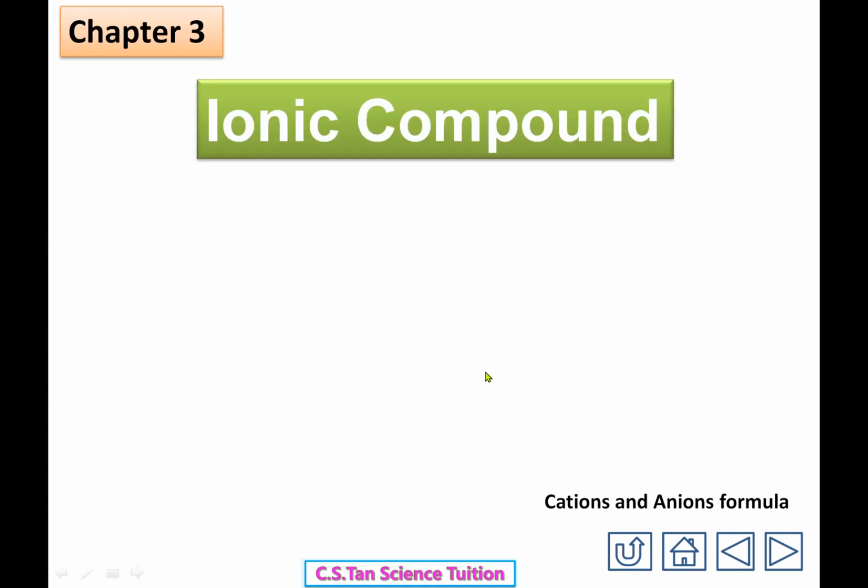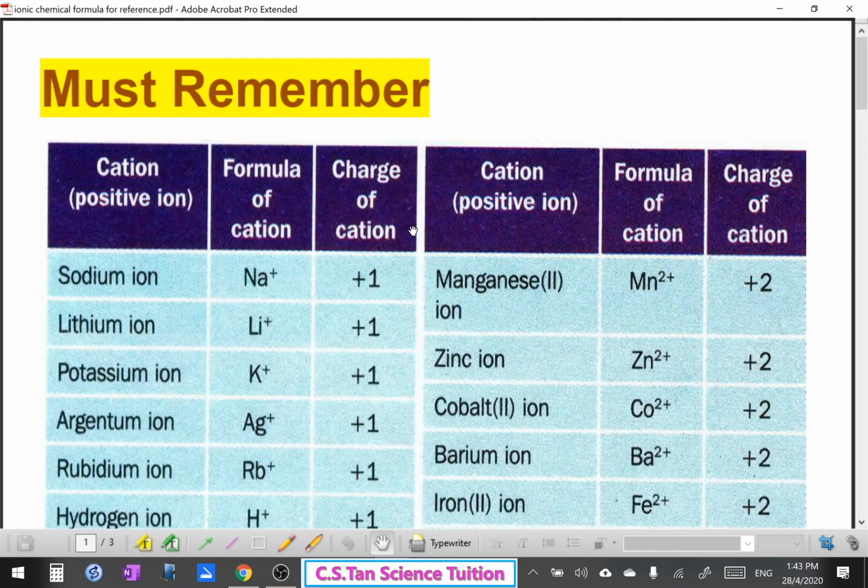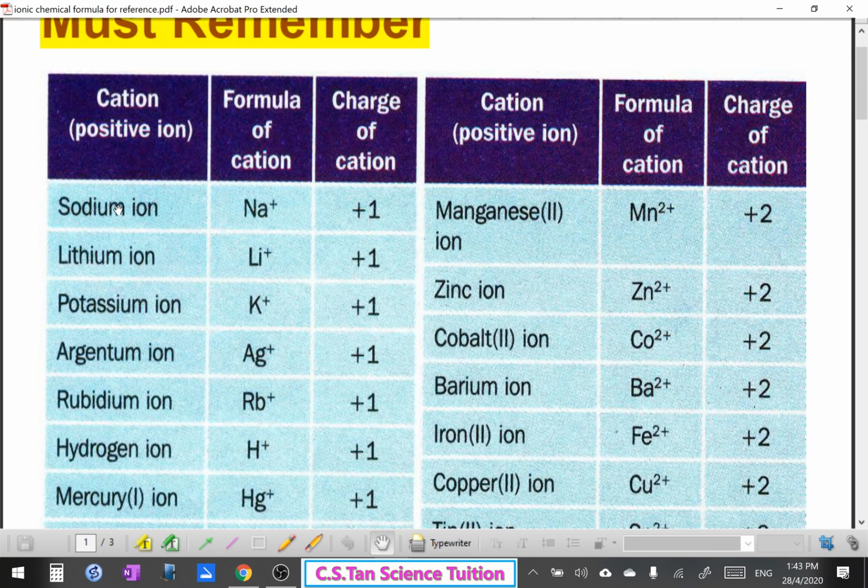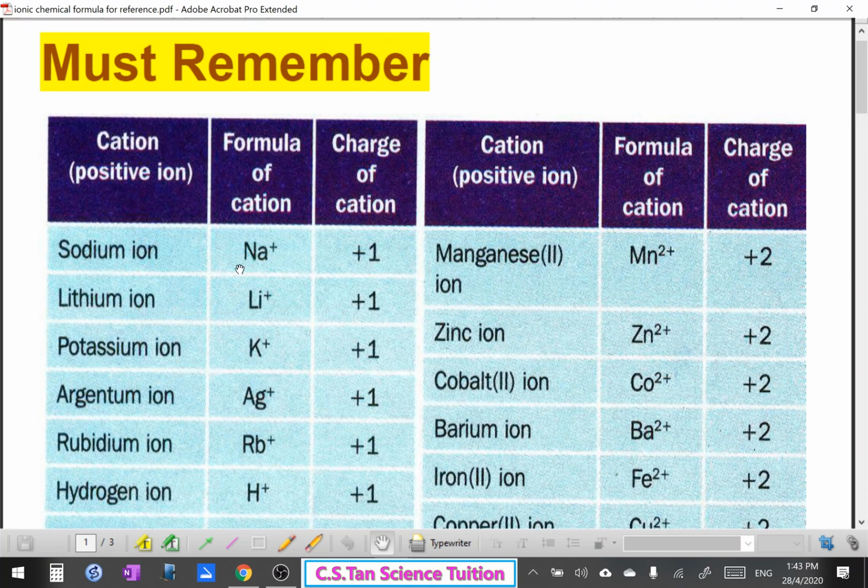Okay, how to write the chemical formula for ionic compounds? Still remember in chapter 3? To write the chemical formula of an ionic compound, you have to remember the cation and anion formula. Still remember? What is meant by cation and anion formula? Sodium atom, when it becomes an ion, it will become sodium ion. So this is a formula. And the ion charge is positive. So this is a formula. Last time I always reminded you, you have to remember. You must memorize it.